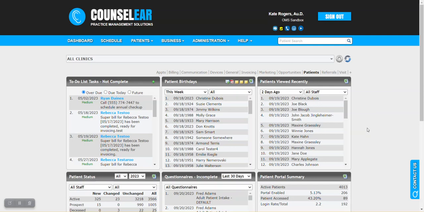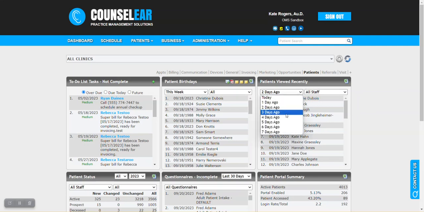In these features, we hope to give you some simple tips, tidbits, and tricks to make your days easier and your patients happier. In this feature, we're going to talk about the ability to see a list of patients that you've recently viewed. And we're talking specifically about the Patients Viewed Recently dashboard widget. Now, this is a tool where you can see patients that you looked at a certain time ago, today, a